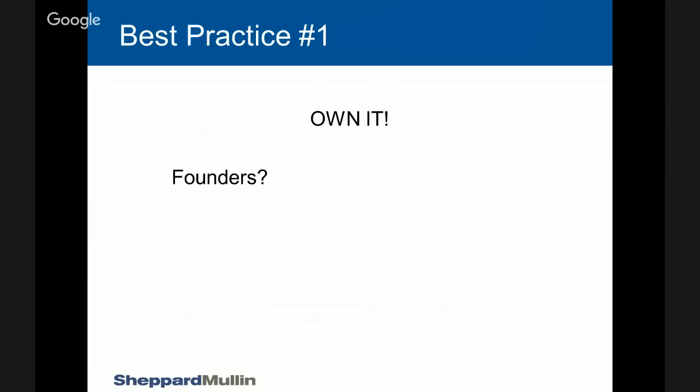And if it hasn't been assigned to the company, that can present a problem for you, particularly if you're not on good terms anymore. And that is a scenario we often see. Many times founders will actually file a patent before they start a company. And when we do the due diligence for investors or in other situations, we see the patent hasn't yet been assigned to the company. That can present issues because you want the company, obviously, to own all of its IP.